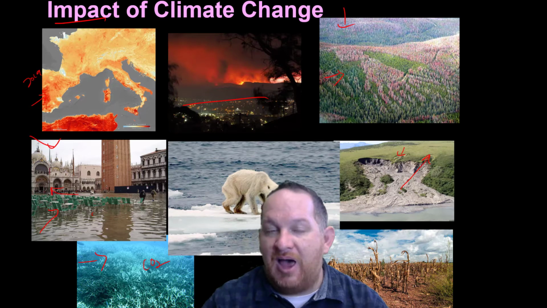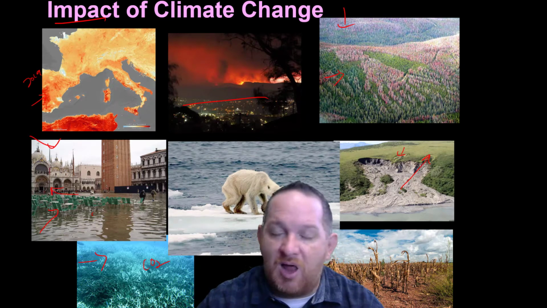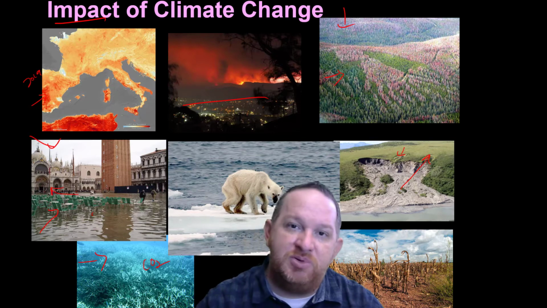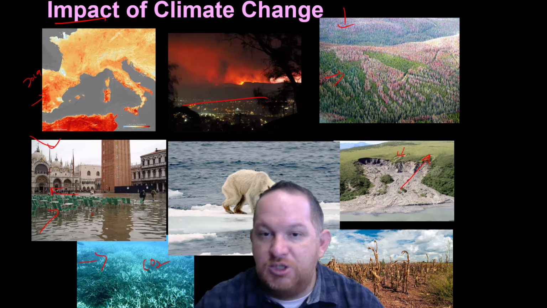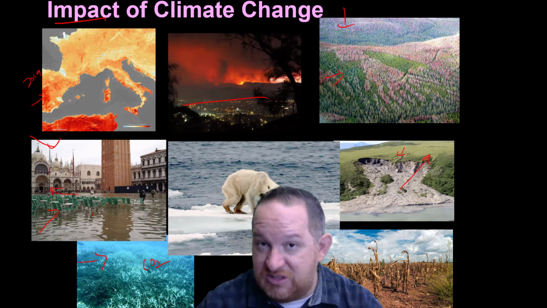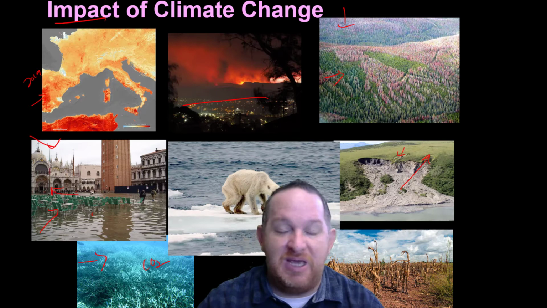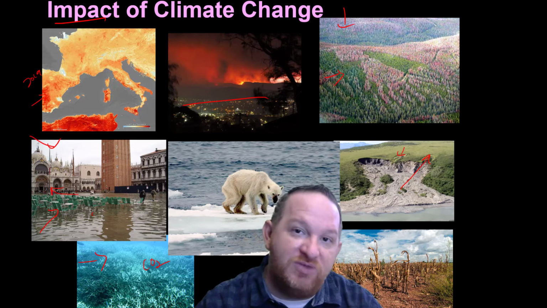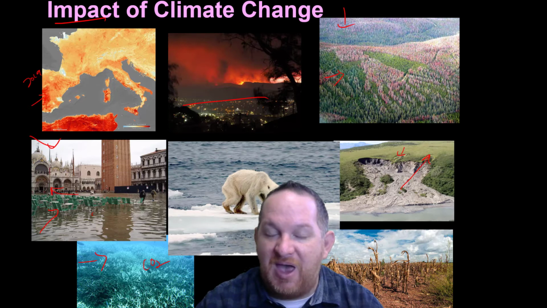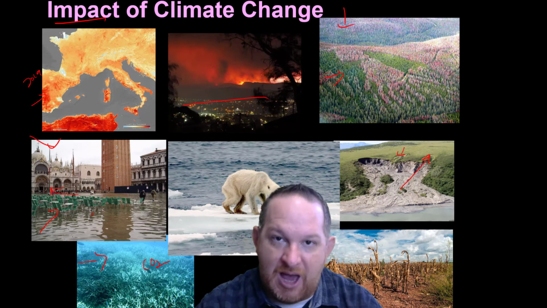Things are going on in our climate. Things are changing. We have a lot of impact from climate change and CO2 in our atmosphere. And my generation of people before me have not done a great job. So it's up to you. You're going to have to start making some of the tough choices. You're going to have to be innovative. You're going to have to help solve these problems because, unfortunately, people my generation and older have been ignoring some of this for a long time.